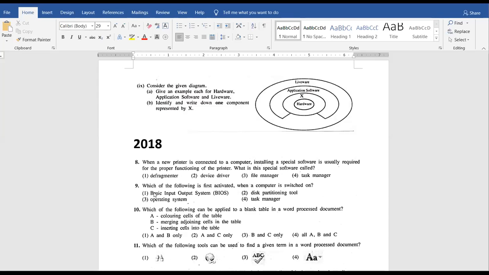Yes. Then here next one, which of the following is first activated when the computer is switched on? Yes, at the very beginning of my lecture I mentioned this as BIOS, that means basic input output system. Normally we don't go to BIOS always. When there is some